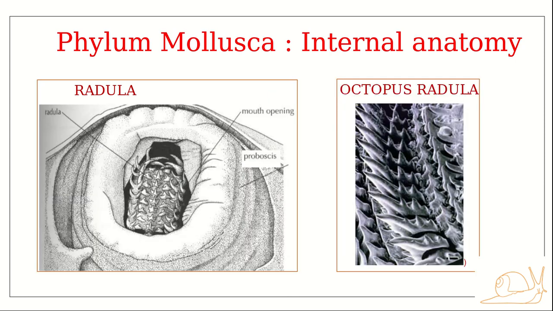Now you can see here a figure which shows the radula. This is the mouth opening. When you see it from the front, this is how it looks. The radula is placed like this. This is a photograph which shows the radula of an octopus. You can see horizontal rows of the teeth. You can see here the shape, the size, the position, and the number. All these depend upon the food they take in, so it may be almost species specific.